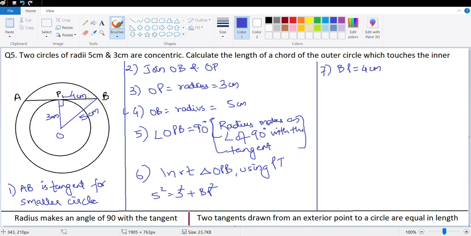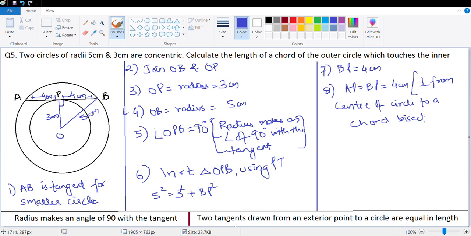We've done a property in the chapter circles. In fact, we've done that property last year in class 9, which says a line from the center of the circle to a chord which is perpendicular to the chord bisects the chord, which means AP is also equal to 4 centimeter. Let's just write that down. Point number 8, AP is equal to BP is equal to 4 centimeter. Reason, perpendicular from center of circle to a chord